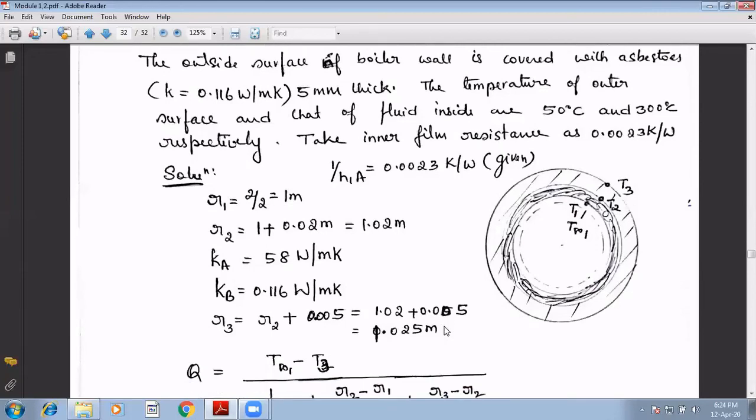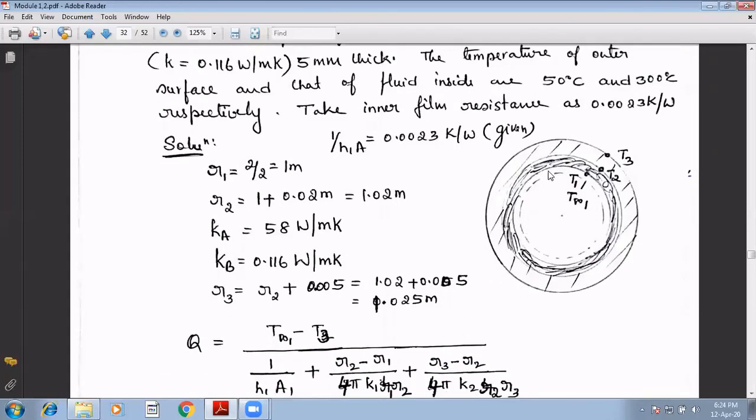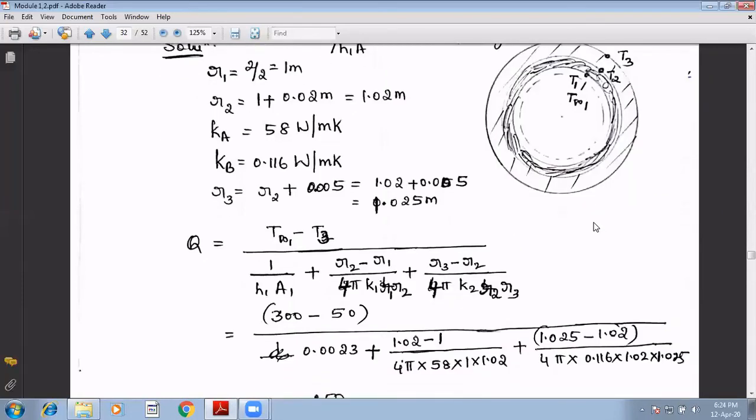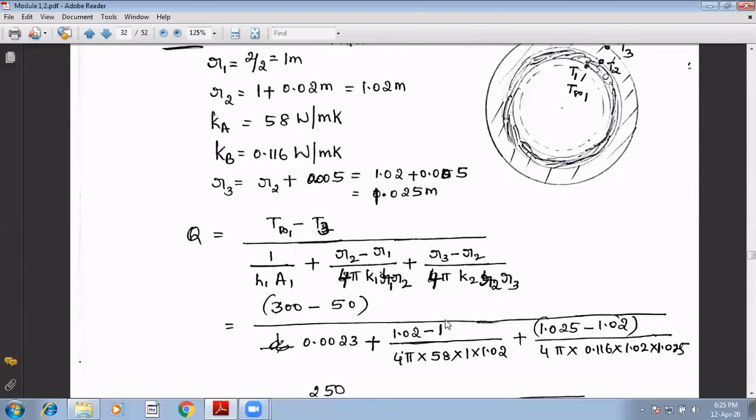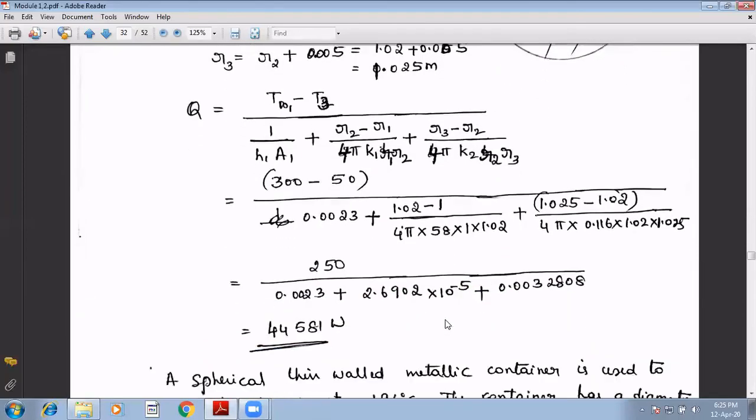So if you see, we have first the convective resistance, then conductive resistances, total 3 resistances. Total heat transfer is nothing but T1, which is 300, minus the outer temperature 50. 250 is the temperature difference. This part he has directly given as 0.0023. Then R2 minus R1 divided by 4 pi K. You can consider Ka here as 58. Keep all the parameters R1, R2 in SI units. You will be getting